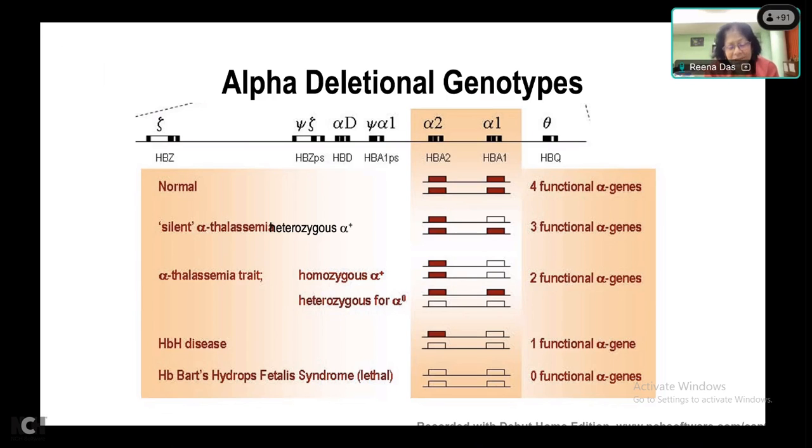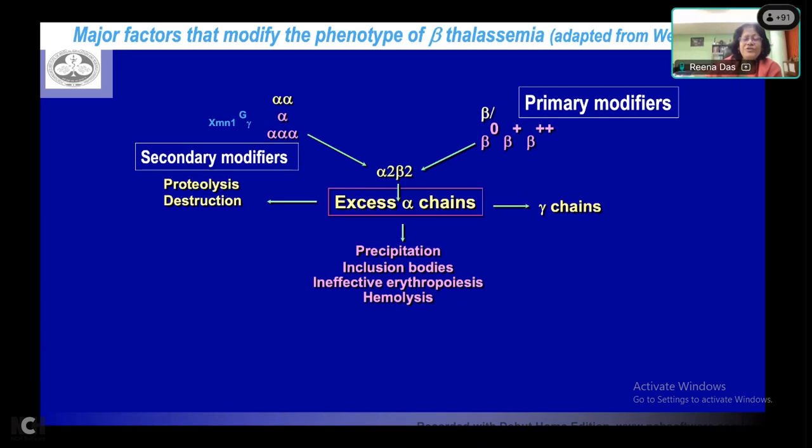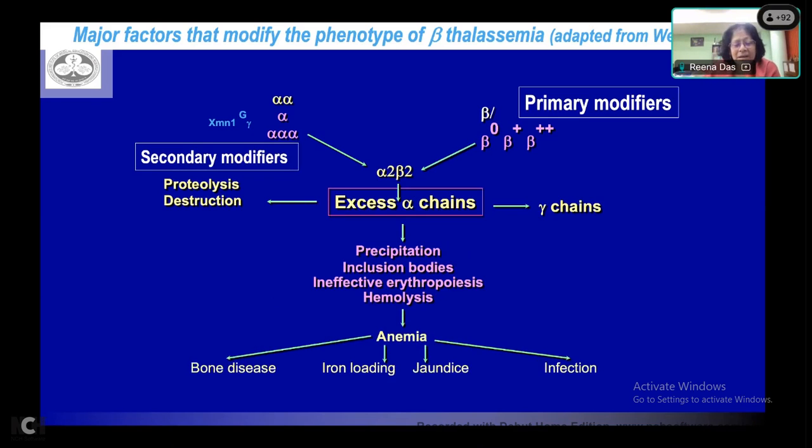Hemoglobin Barts is a condition which is usually lethal, and you have no functional alpha genes. Now, this is just the pathogenesis: the precipitation of the excess alpha chains gives rise to inclusion bodies, ineffective erythropoiesis and hemolysis. You have bone disease, iron loading, and jaundice. And sometimes these patients can also have more episodes of